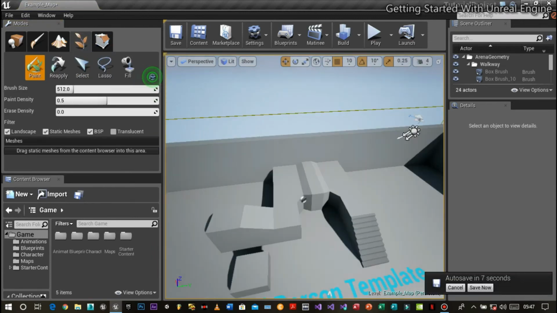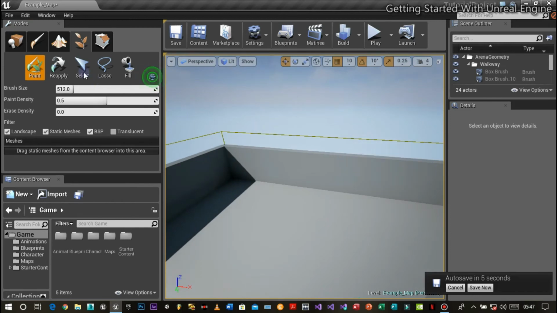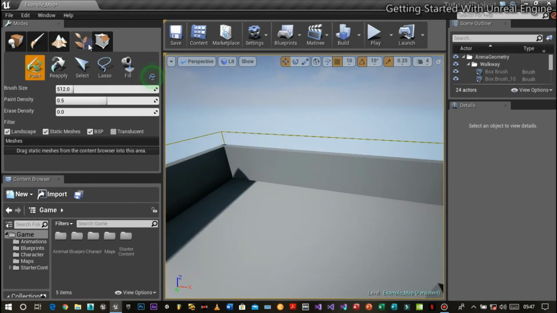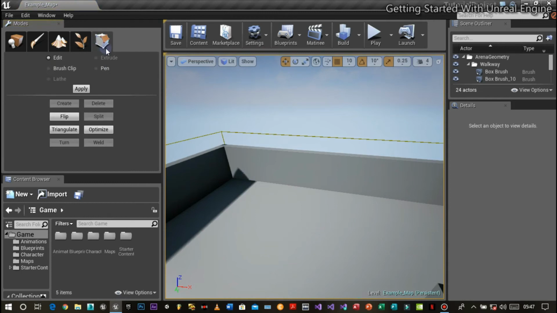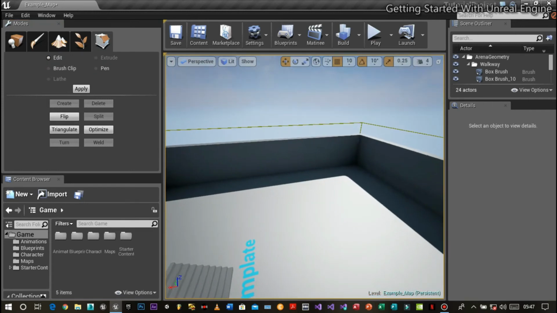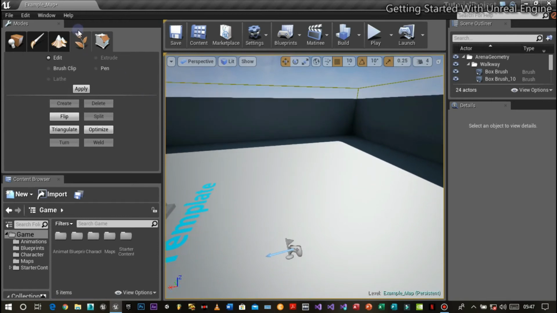Foliage is just a tool used for creating trees, rocks, grasses, and many more. So we have the geometry editing. This is to edit your geometry, like the box. When creating a building, you can use this to edit your geometry by flipping it, creating, turning, and so on.